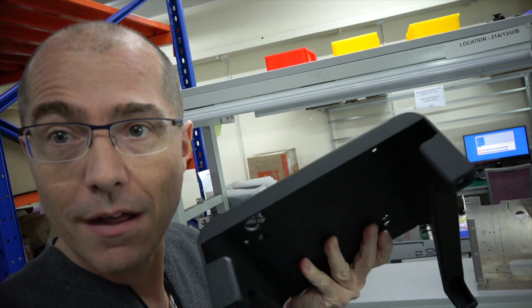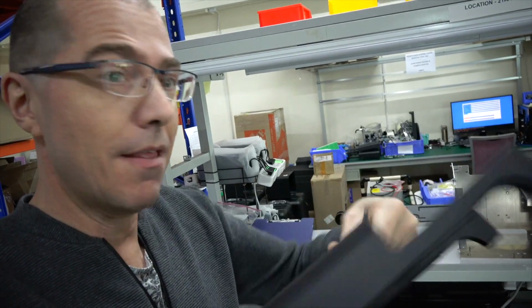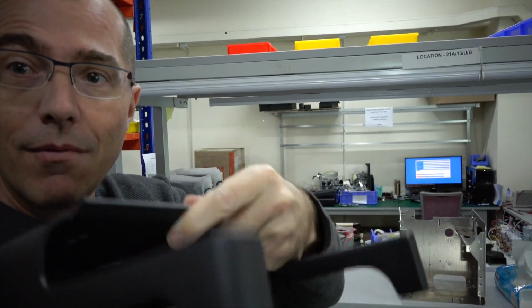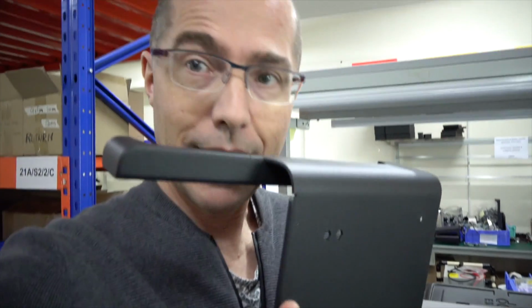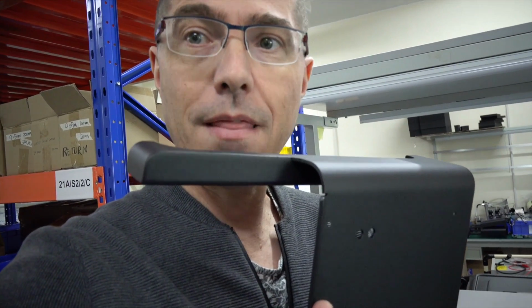A number of other changes: the back now has a weld across the whole back, the front now has this bend that comes up, and we've also managed to weld these legs throughout the whole front. What now happens is these are welded continuously, then ground down and then painted. And the best thing about these legs is they're fully compatible with the old legs, and all these strength improvements